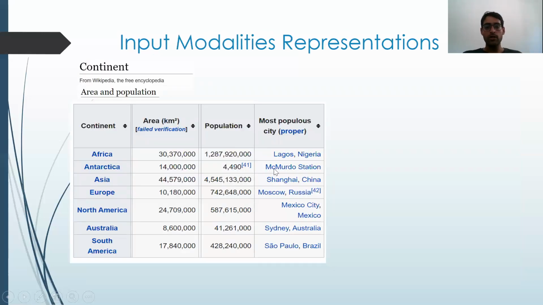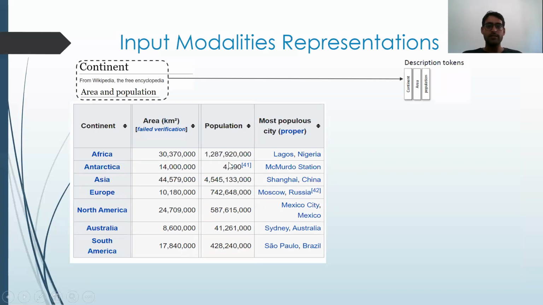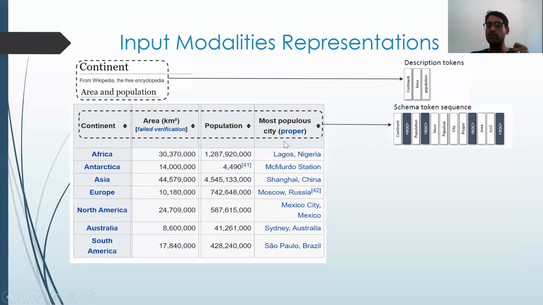As I mentioned before, we look at 4 different table modalities. Looking at the description, the tokenization is straightforward, as it is expressed in natural language. So the tokens will be continent, area, and population. The schema, however, has a structure. Specifically, to allow the network to learn this structure, we suggest a new token. We term this token EOC, end of column. This token is inserted between the different columns of the schema, allowing the network to understand and capture the meaning